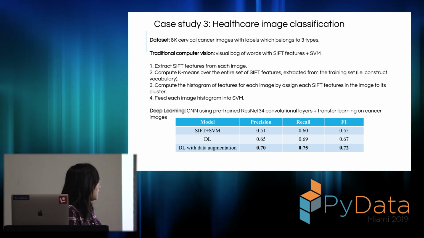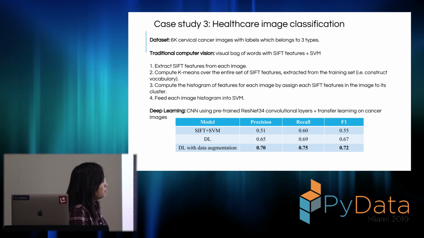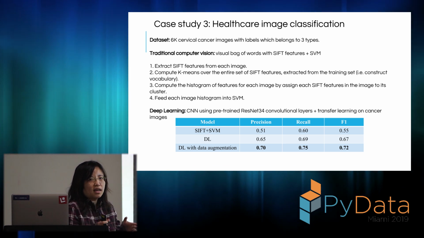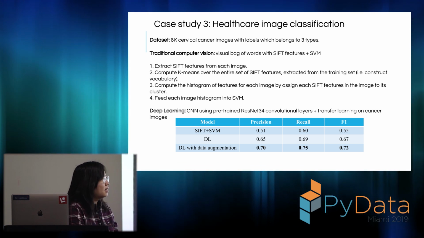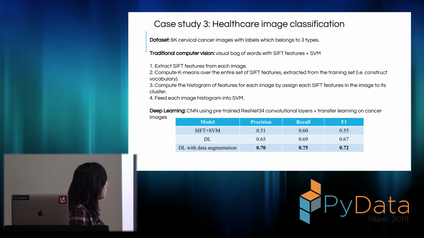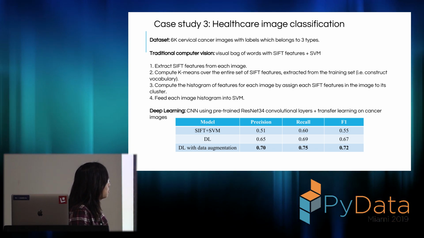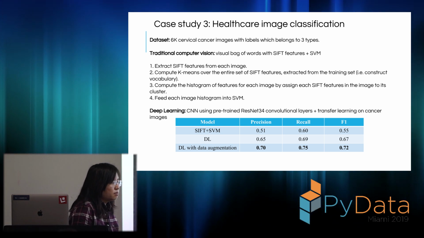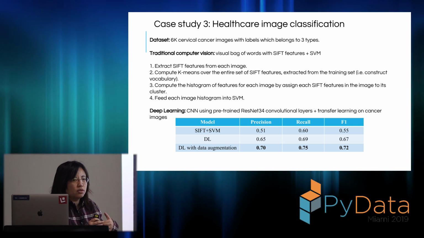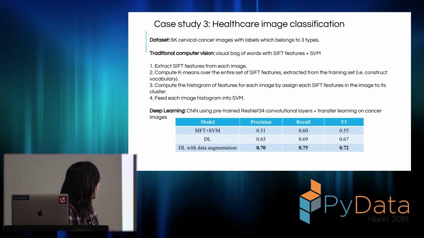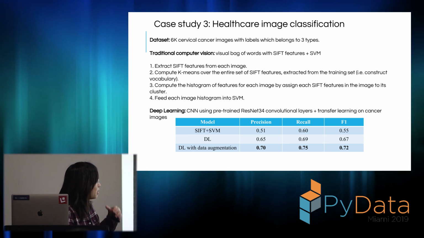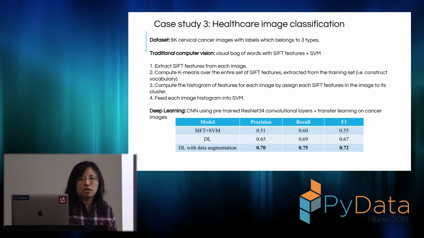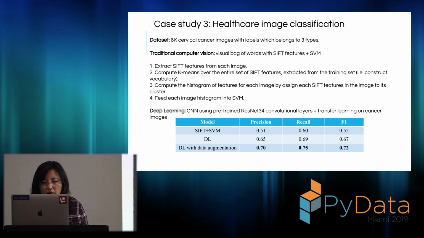And you can see the deep learning model's overall F1 value is not high because for this data set, even with my own eyes, I cannot tell the difference of those 3 classes. The deep learning model still beats the traditional method by a large margin. And based on my observation, it can detect very subtle differences between the pictures. Also, if you apply data augmentation, the F1 can also improve a lot because it can deal with things like rotation better.